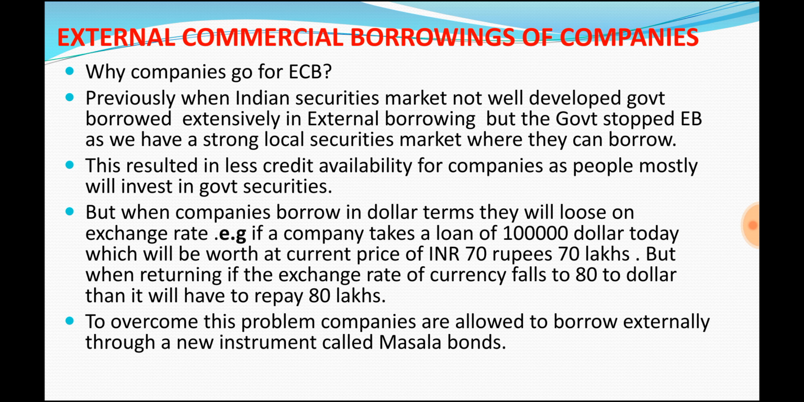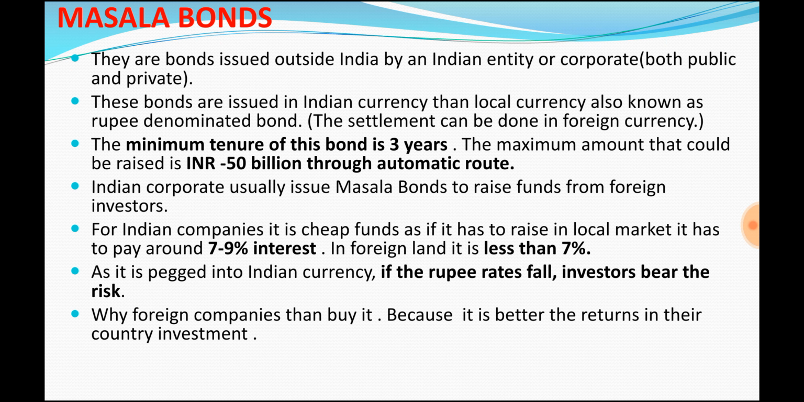Okay, so to avoid this problem, to save the companies, our government and RBI came up with a new type of instrument for the external commercial borrowers called masala bonds. Okay, see, generally in external commercial borrowing, the bonds are dollar denominated, that is, they will be bought at the dollar value. But in masala bonds, they are rupee denominated. What is that? In this case, they will sell the bond in Indian rupee value. Okay, in this case, if they are raising 1 lakh in the foreign market, right,